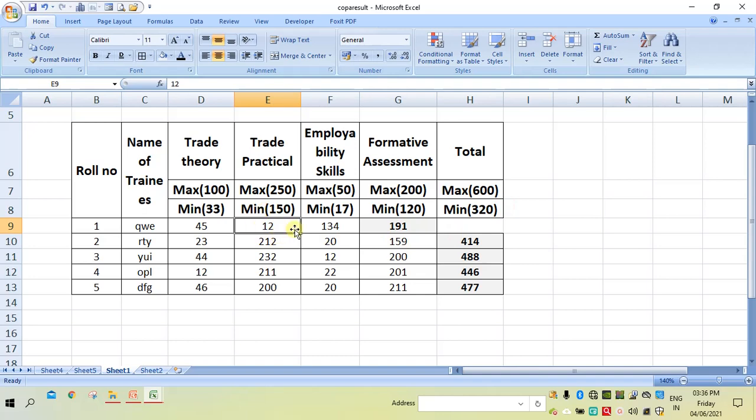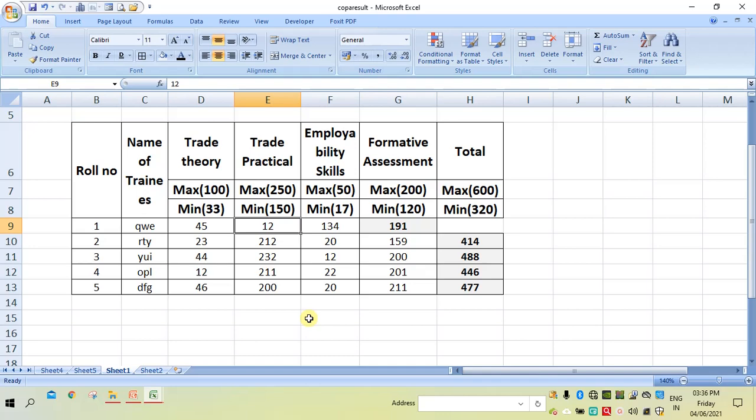The content of the previous cell was deleted and the 12 moved from here to here, 134 moved from this cell to this cell, and 191 moved from this cell to this cell. Therefore, it is blank. In this way we can insert and delete a cell.